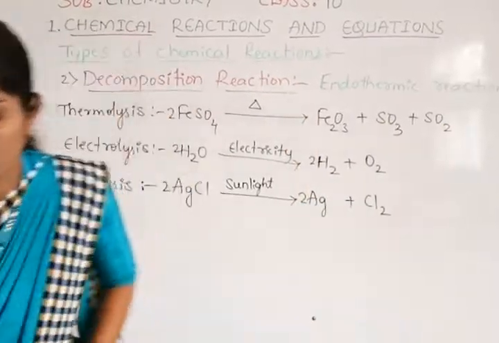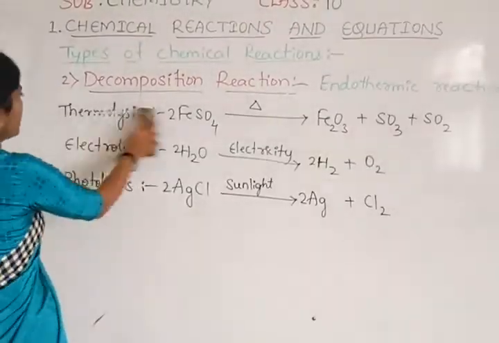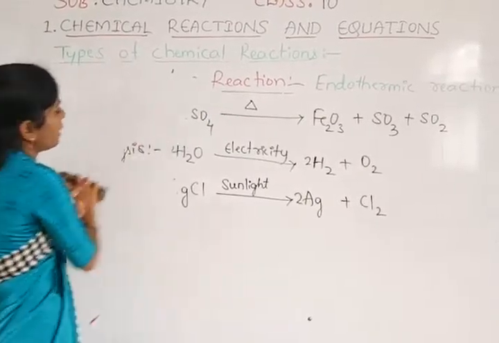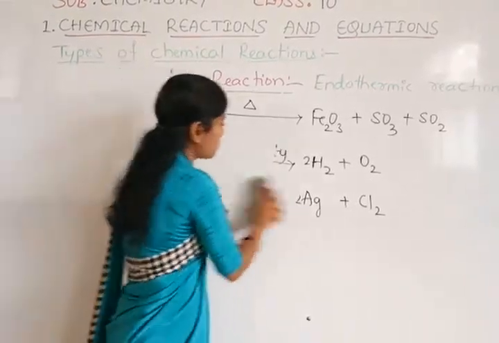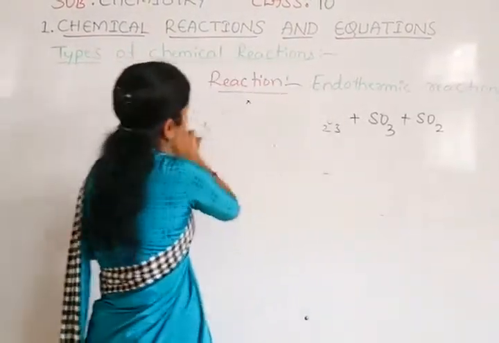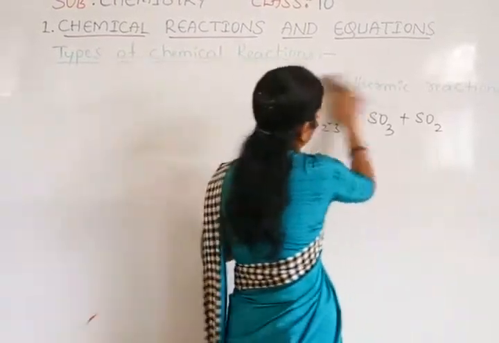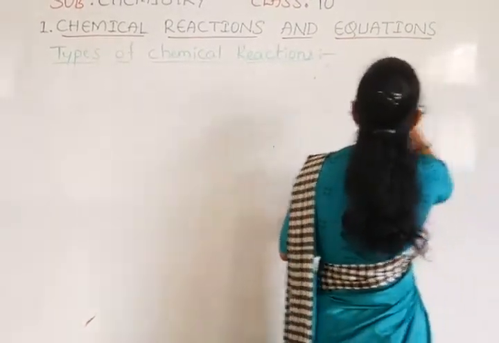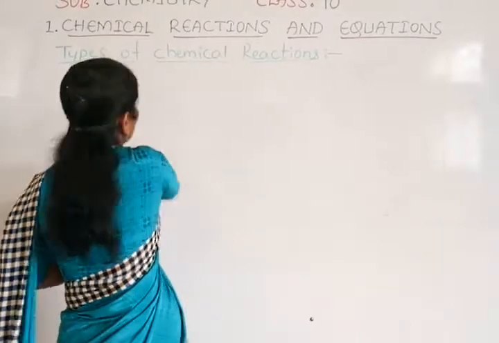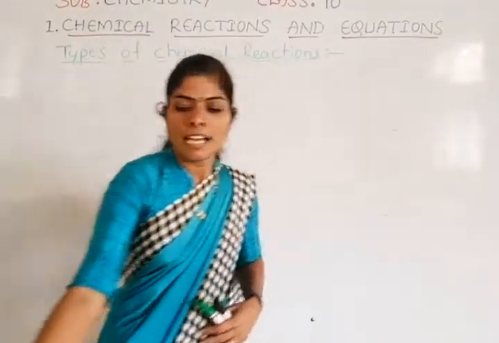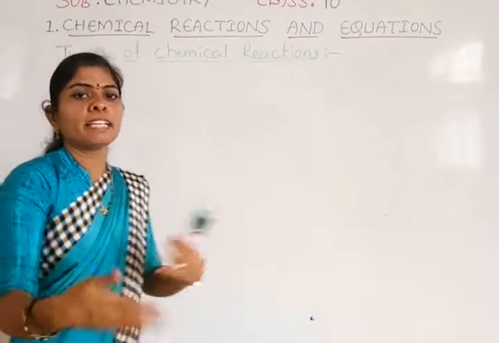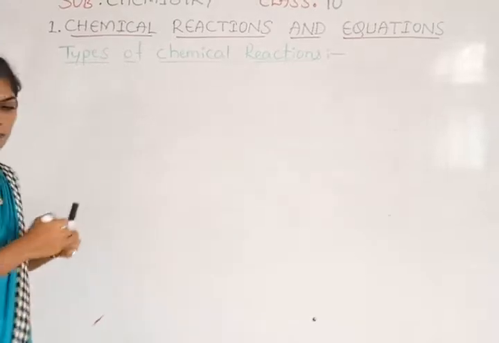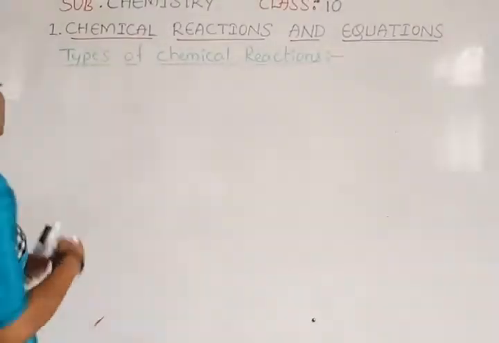Okay, now I will give you some more examples for this. So this is about combination and decomposition. Here in combination reaction, when it involves combustion, the evolution of heat takes place, so we can call that an exothermic reaction. Now I will give you the clear definition for exothermic and endothermic reactions. Other than this combustion reaction, there are of course other examples. I will tell you here.